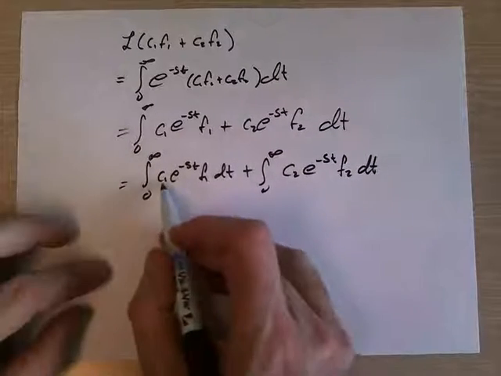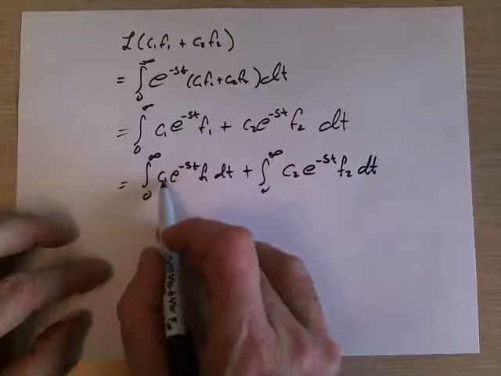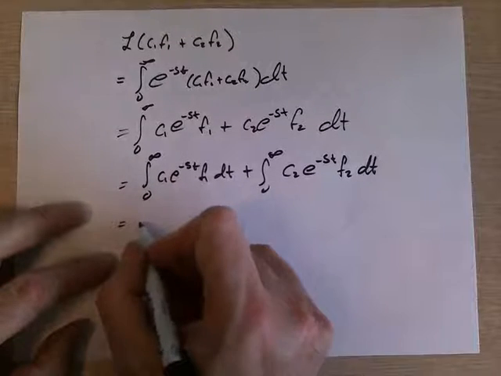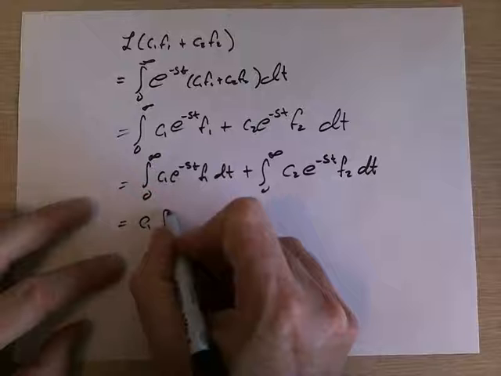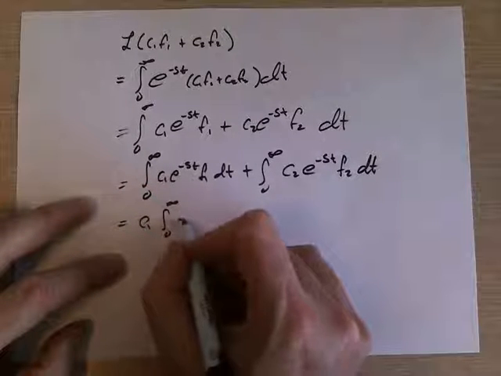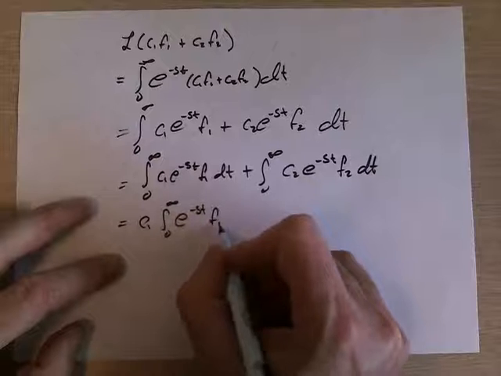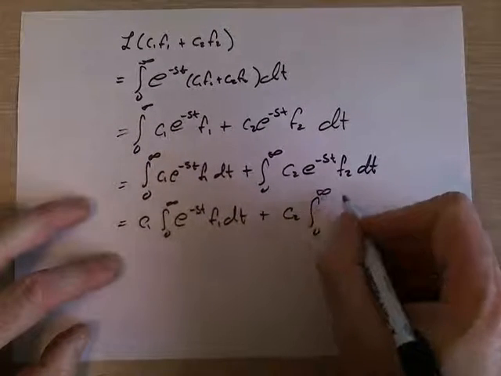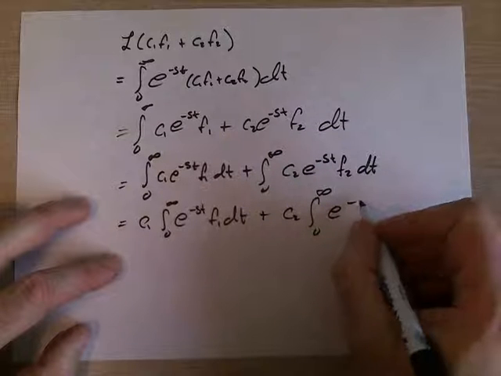But integrals also commute with multiplication by a scalar, so multiplying before or after the integral, it doesn't make any difference. So this is c1 times the integral from 0 to infinity of e to the minus st times f1 dt plus c2 times the integral from 0 to infinity of e to the minus